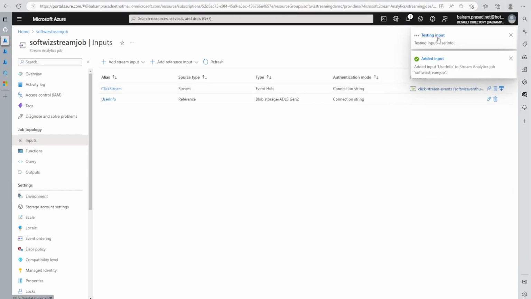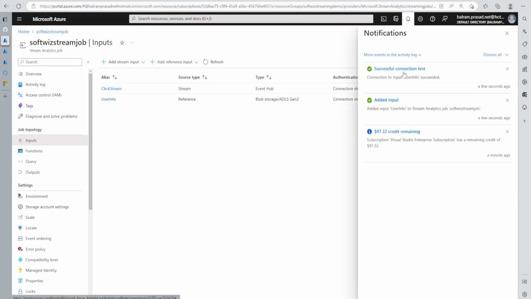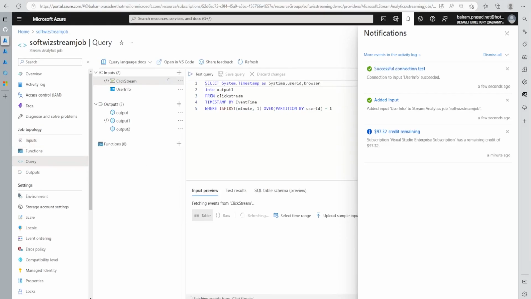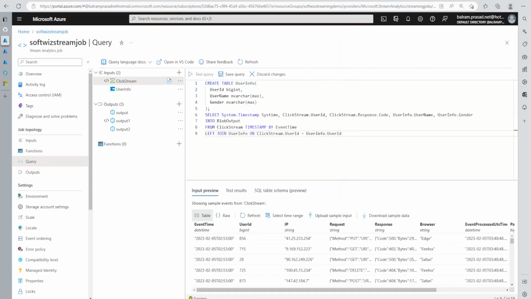It is testing the input right now, so testing is successful. So let's go into the query section, and inside query now we will give another query for reference. For reference we cannot write a normal type of query where select is happening. So we can go ahead and use this query where we are creating a table also, user info. We are imposing our schema based on this query, that user id, username and gender, and we are using a left outer join, and we are